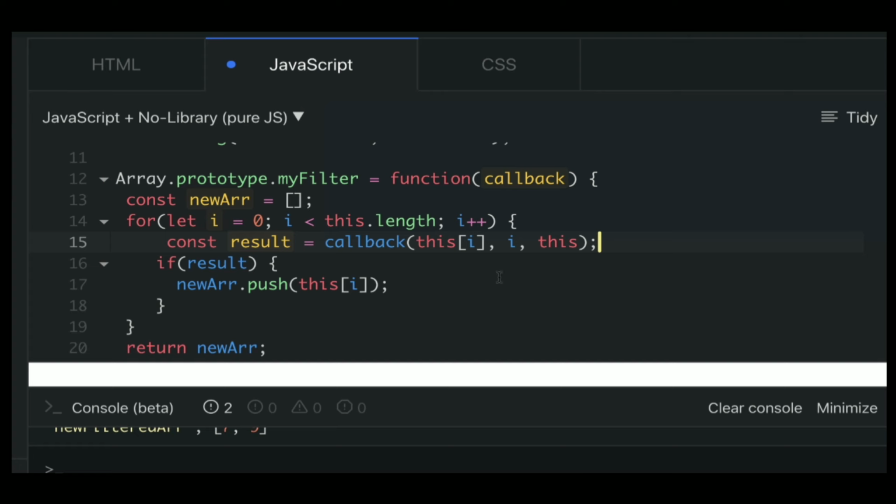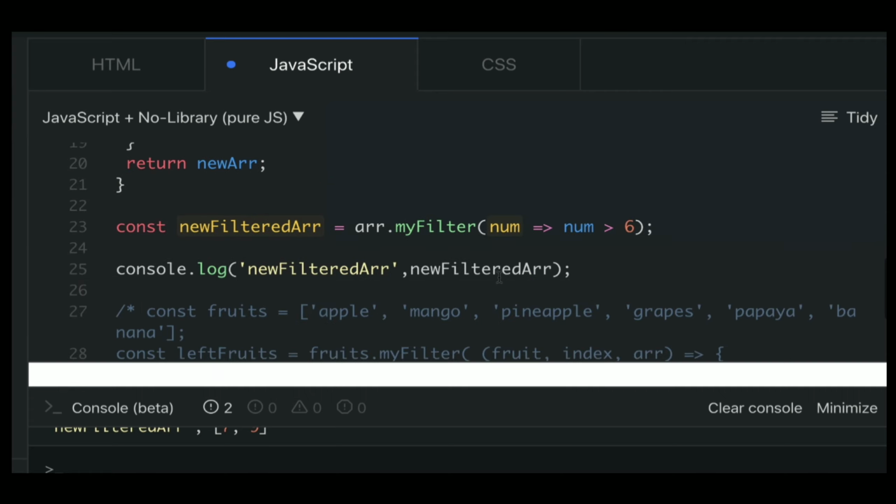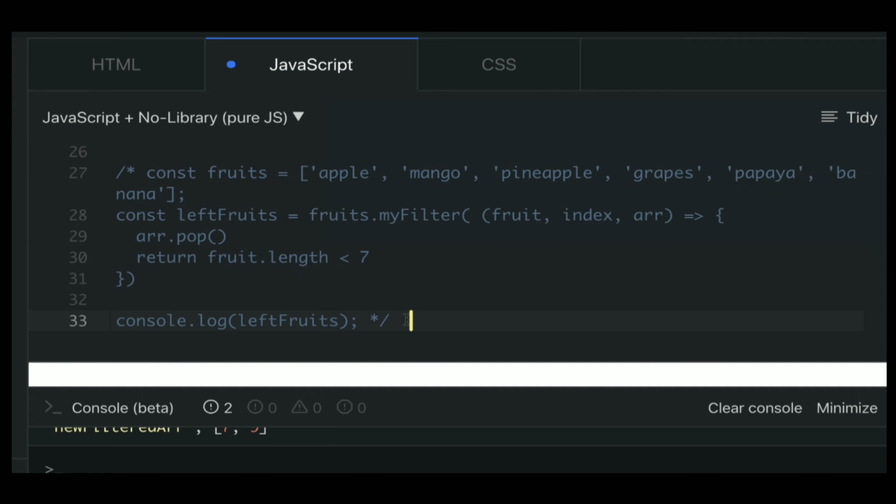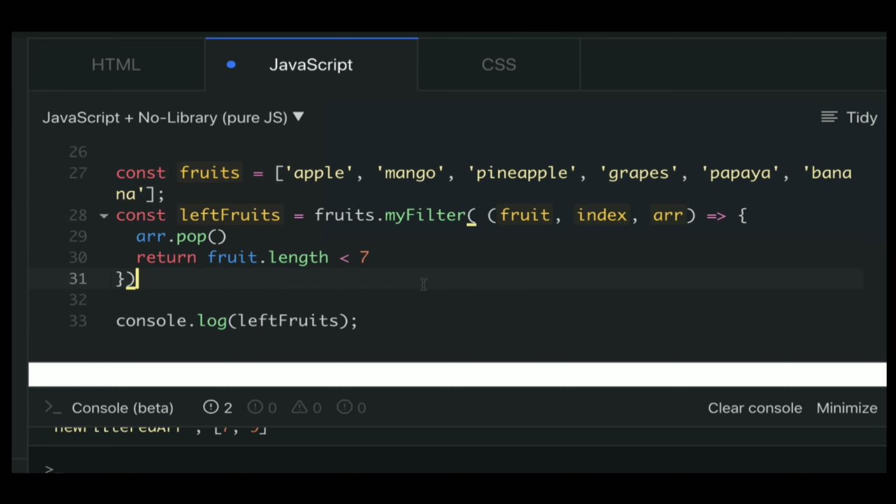for that, we can look at an example. Let me show you another example. Over here I have already written an example for showcasing it. Here there is a list of fruits and we are doing my filter. That means we are filtering those fruits and doing some kind of operation on them. Here we have three arguments.